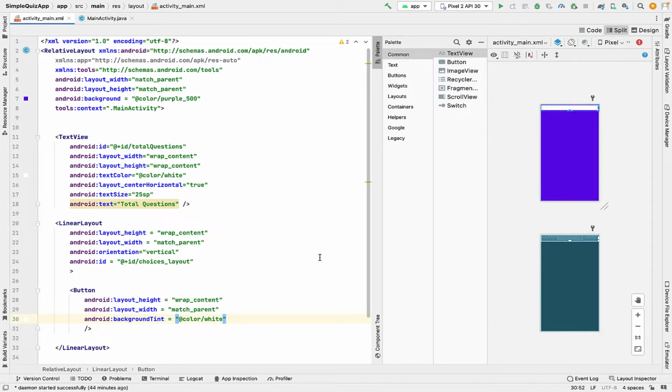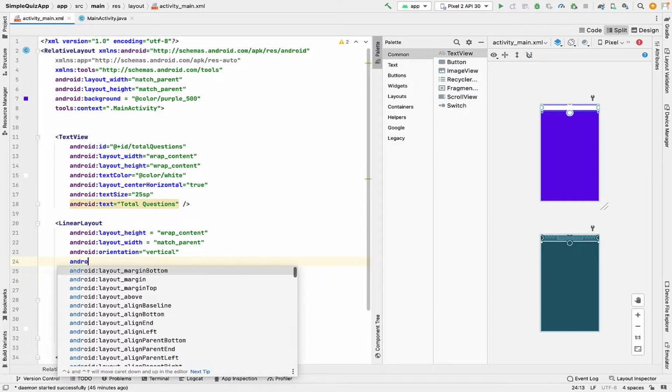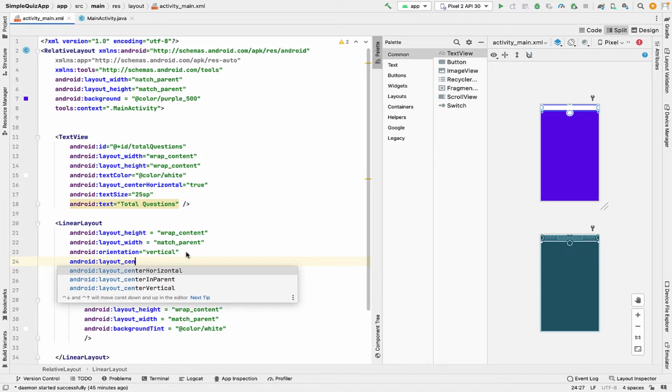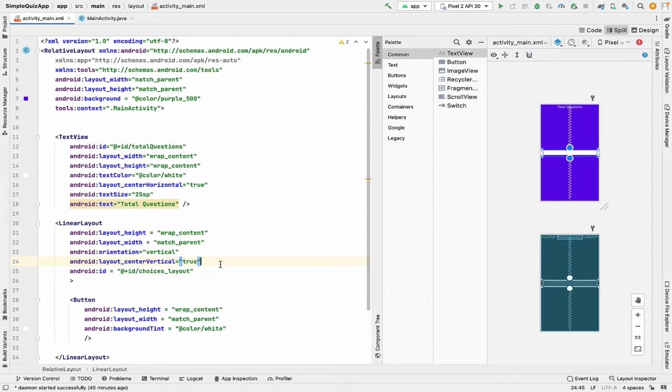So, to make the button centered, go back to the linear layout over here and go to a new line of code by clicking on Enter. On this new line, type in android:layout_centerVertical is equal to true. This line of code makes sure that the button is centered vertically on the screen. And if you take a look at the screen on the right side here, the button is now in the